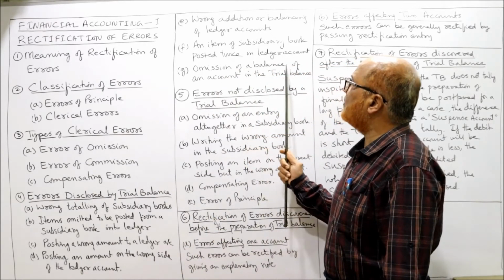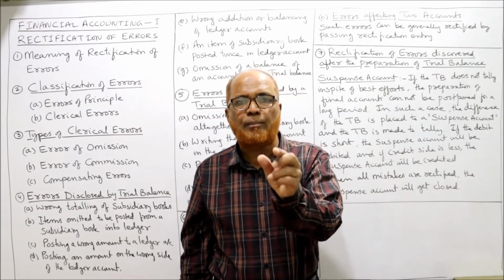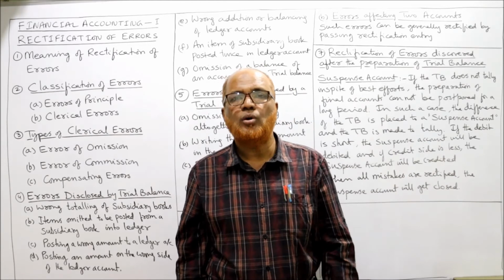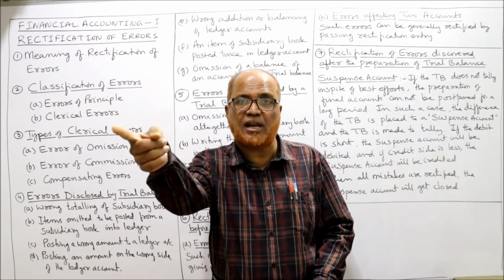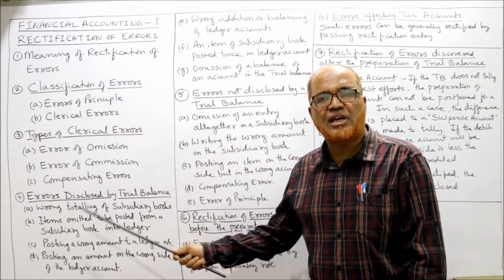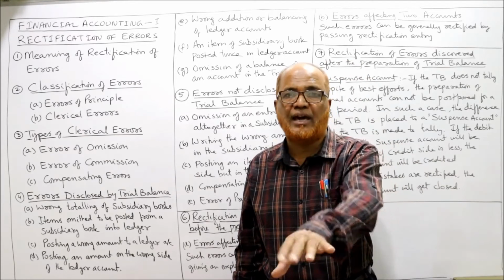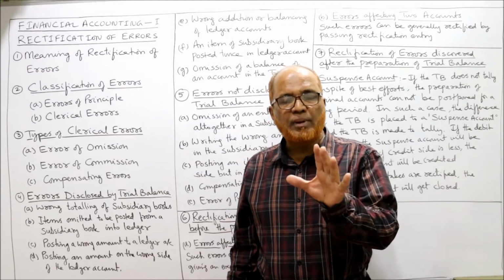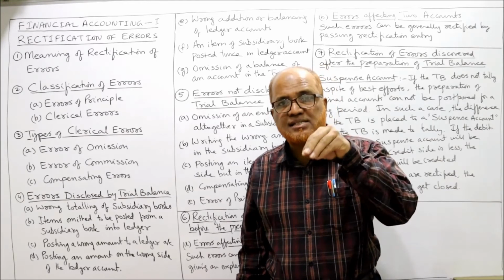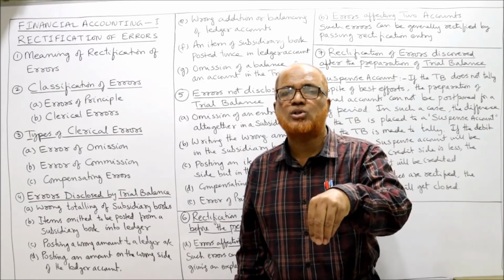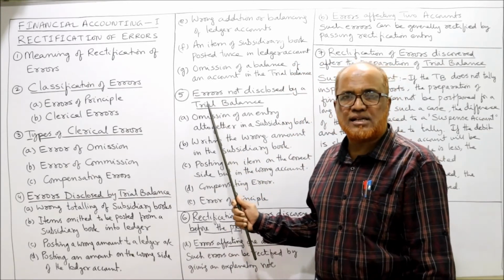Next one, omission of a balance of an account into the trial balance. We forgot to take one of the account balances into the trial balance. So again, your trial balance will not agree because you forgot to bring down one balance from the ledger into the trial balance. So these are some of the cases where the trial balance will not agree on account of errors. Remember again, every error will not be disclosed by the trial balance. There are some errors in spite of which your trial balance will still agree, tally. Now I am going to discuss that point.